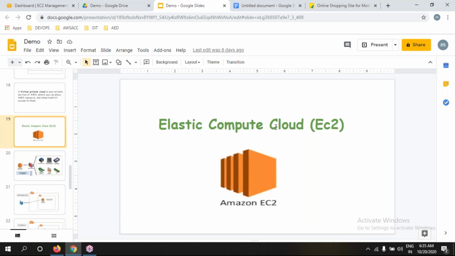The cloud infrastructure can be increased or decreased at any point of time based on the customer. Our servers will increase or decrease automatically based on usage. That is what is called elastic.